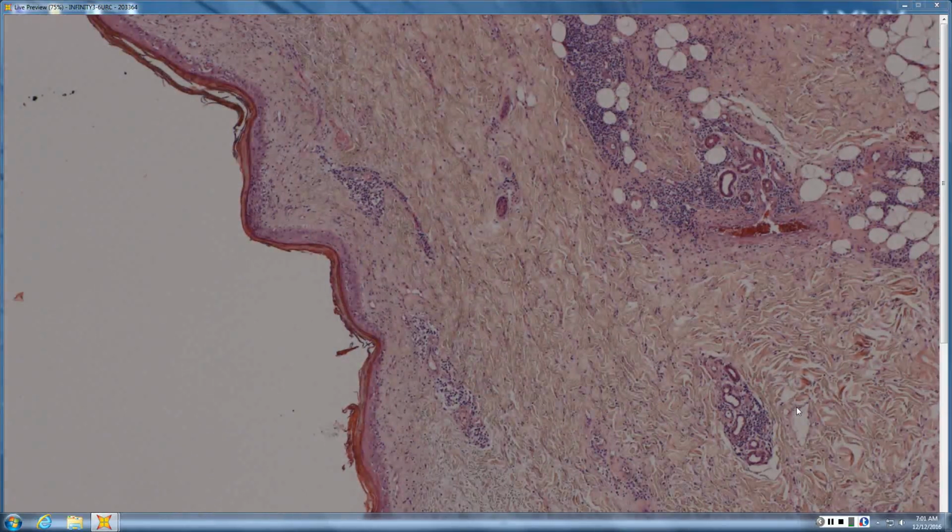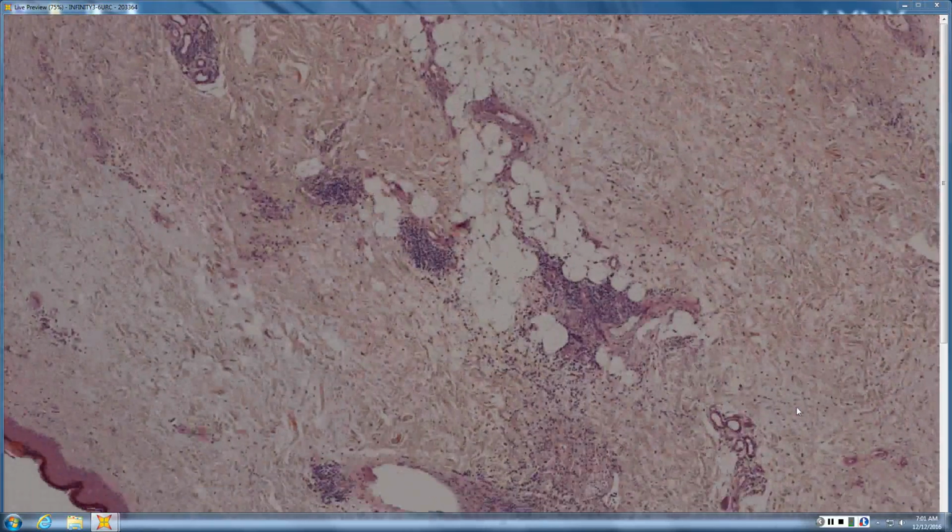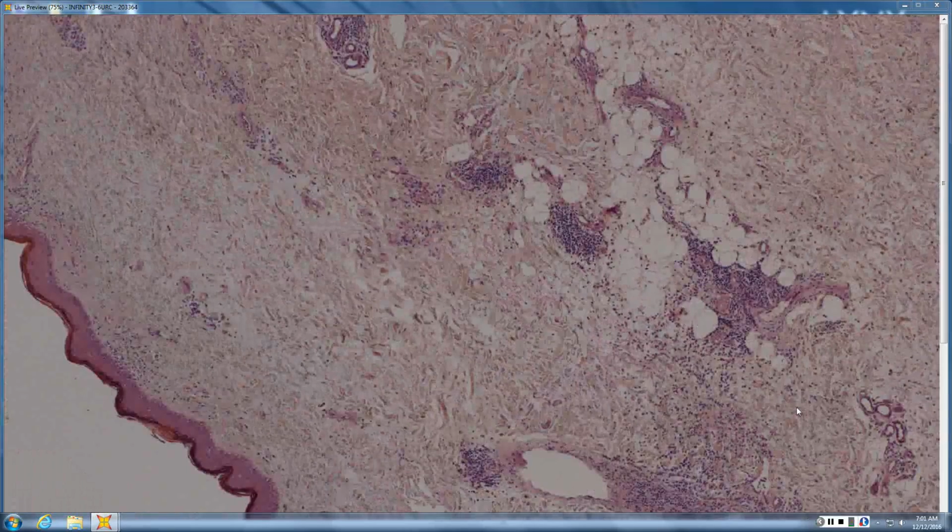You do have a little bit of interface, and that's okay for tumid lupus. A lot of times you won't have any interface to help you out. But you should never have significant interface in a tumid lupus. Then it's a different type. But yeah, so good. Superficial and deep, perivascular, periannexal,